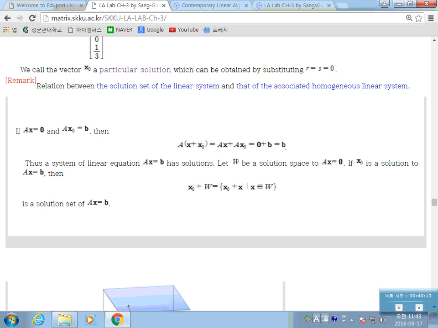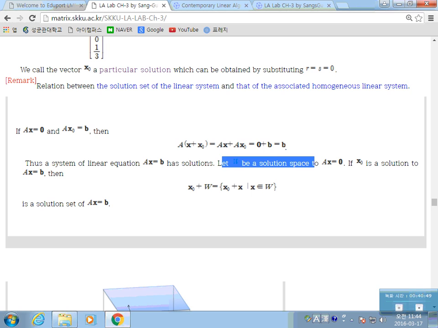And find the solution for this linear system of equations by using the way that you have learned to find the solution space. Then what this means is, if you have this, then A times X plus X0 is this. So X is equal to the 0 vector, AX is equal to B. So this satisfies this linear system of equations. That's the whole idea. Now you have infinitely many solutions that satisfy this.